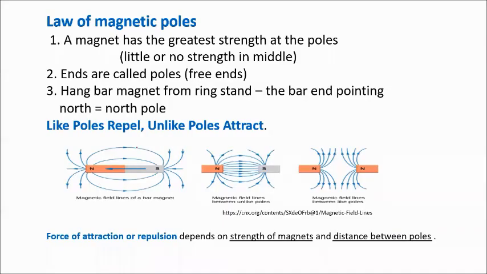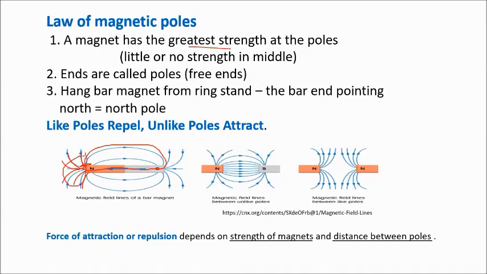Okay, from the north, papunta ng south. And from south, balik sa north, forming a closed loop. So may mga portion sa field lines na close ang field. So kung saan closer yung field lines, yun ang